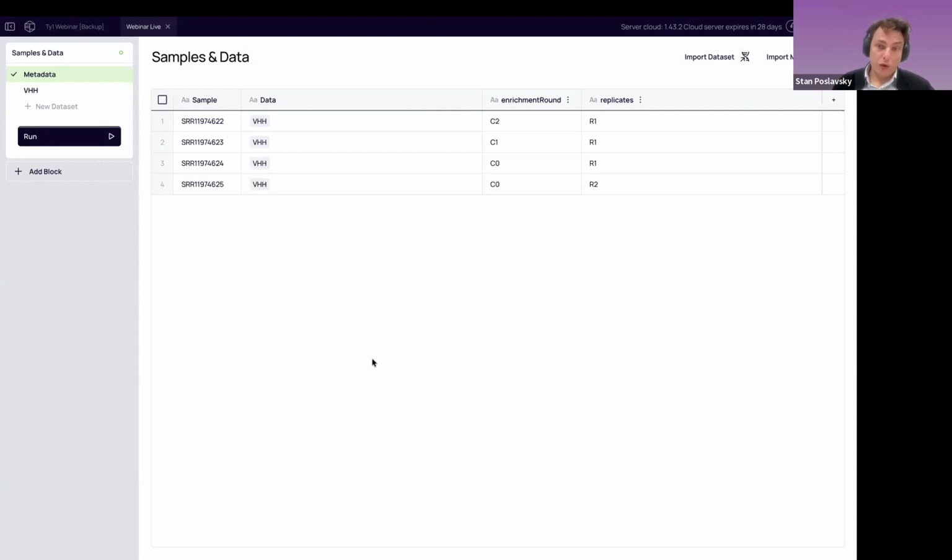In our case, the most critical one, and obligatory for real downstream selection, is enrichment round. You may call it pinning round, enrichment round, selection, or whatever, with the values of the actual enrichment round. So I click the Run button to make the import happen, and now we are building our down selection starting from the